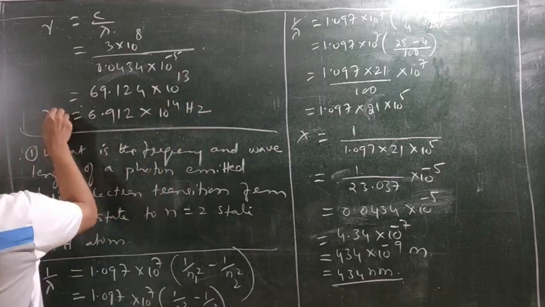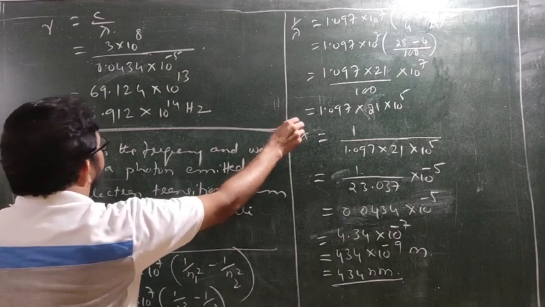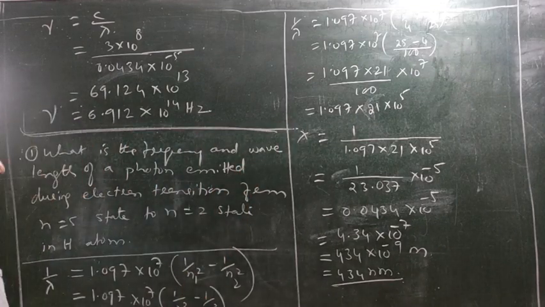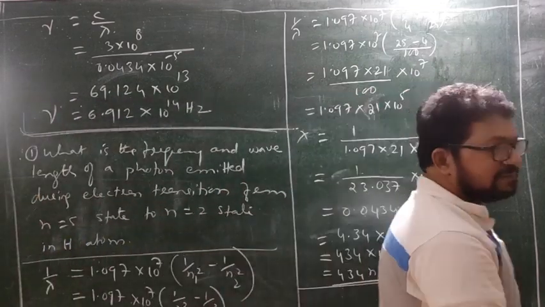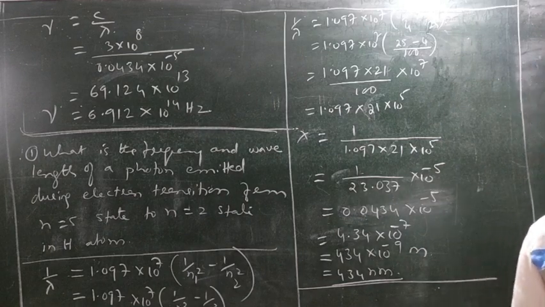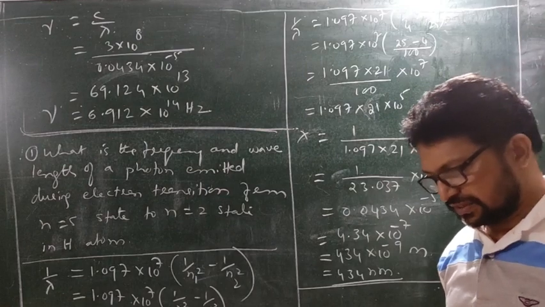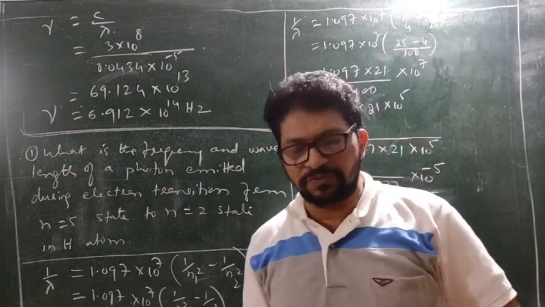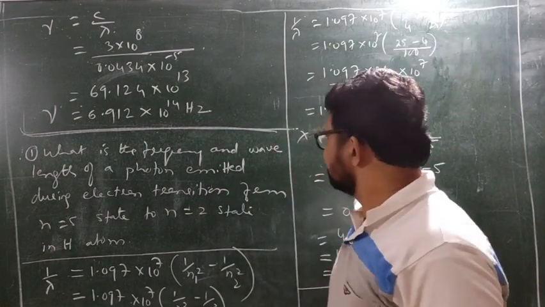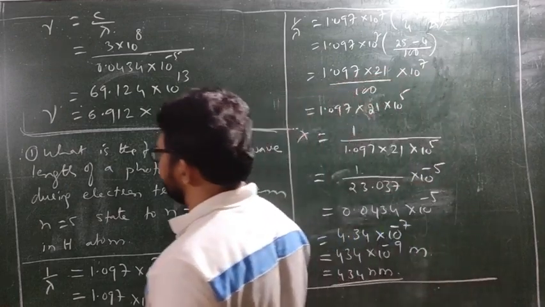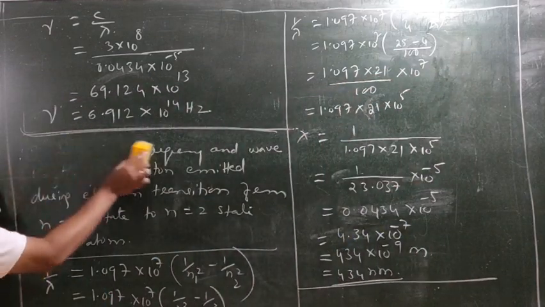So this is visible light and the frequency. The wavelength you have calculated, frequency also you have calculated. So please note this. This is how you can do a problem on anything. One homework I will write. You can note this. One homework I will write. Second problem. Look here.